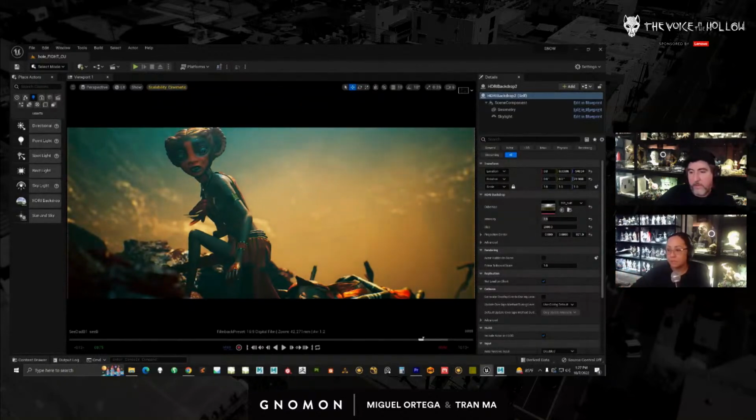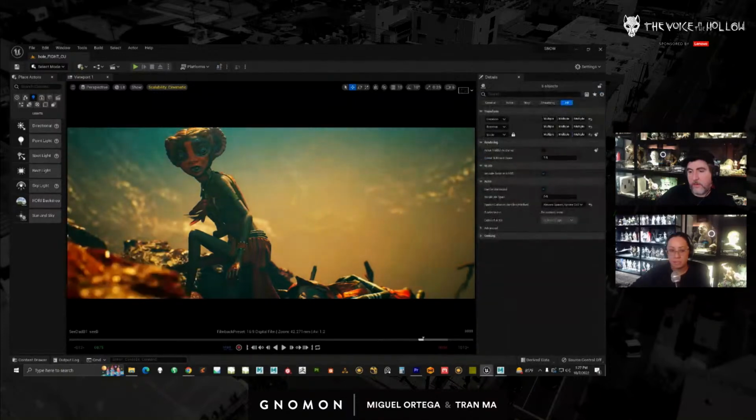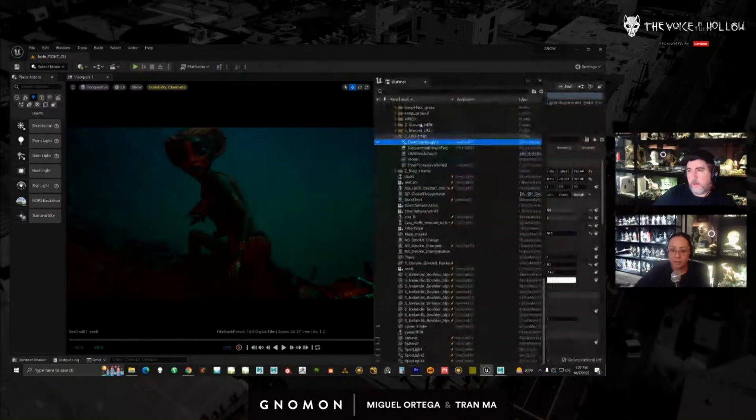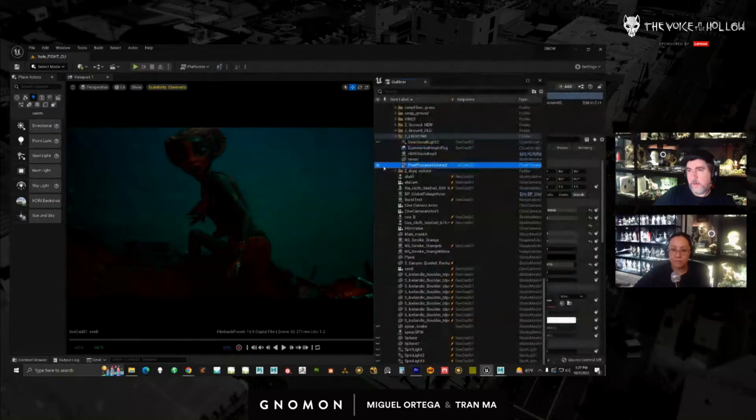So let's come back here. Let's shut off the things I added. So I just turn off the lights here. And I'll turn off my directional light, right? So right now, all I have on is my post-process.